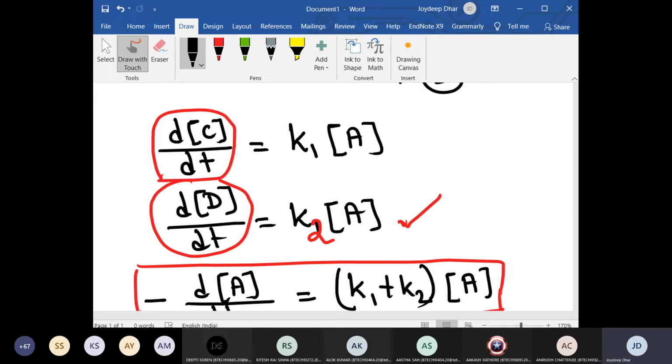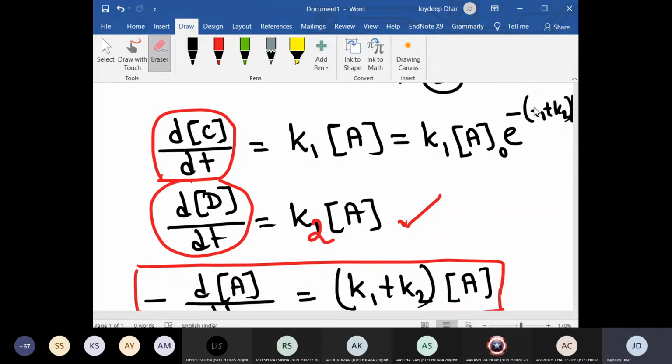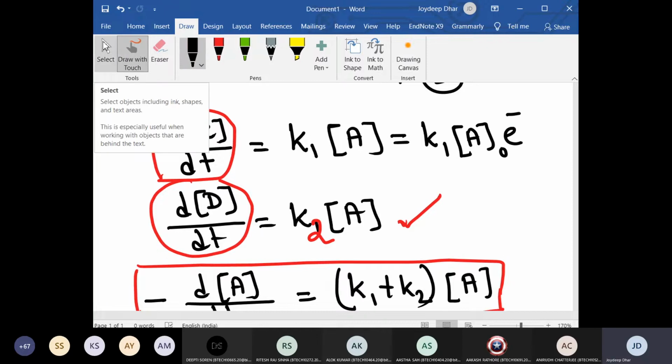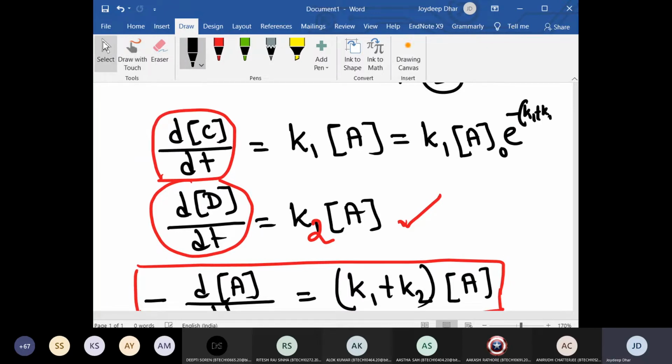What can I write? In place of A, I can write K1 A naught, in bracket or without bracket, e to the power minus (K1 plus K2), their summation, into T. So it has gone out of the screen, so I will make it a little smaller, minus K1 K2 into T. So similarly, if I ask what is the rate equation for product D,